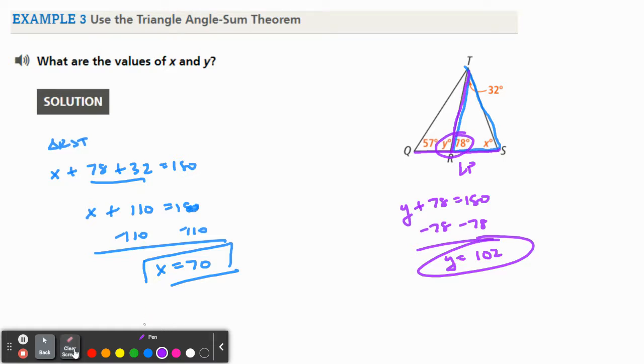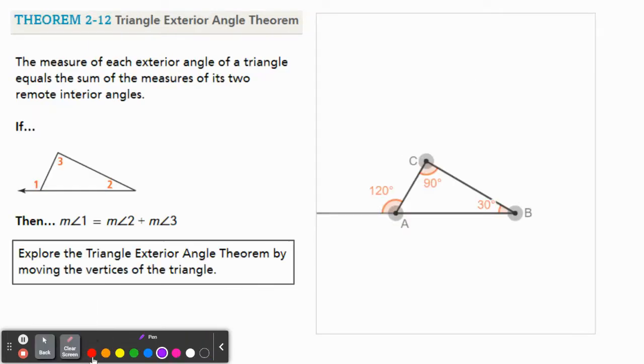Okay, so the second big theorem of this set of notes is the triangle exterior angle theorem. So it says the measure of each exterior angle in a triangle equals the sum of the measures of its two remote interior angles. So again, we talked about the triangle interior angle theorem. Now it's the triangle exterior angle theorem. So if we have an exterior angle, it's going to be equal to the sum of its two remote interior